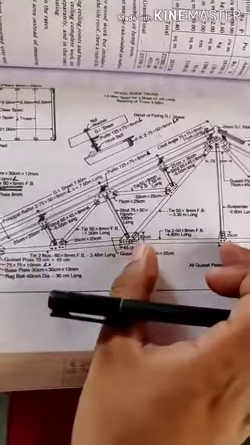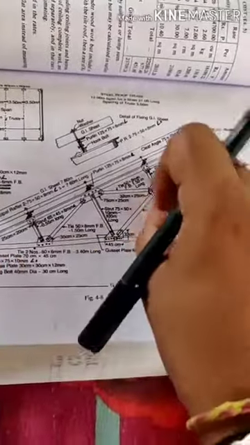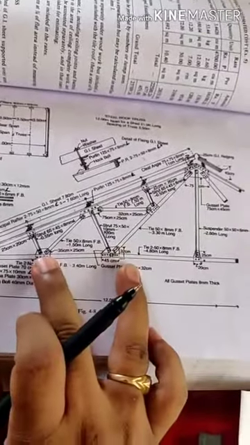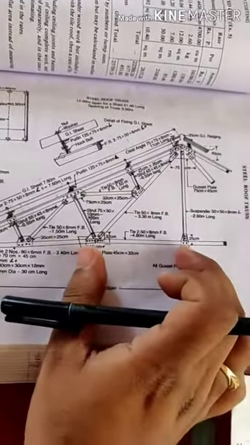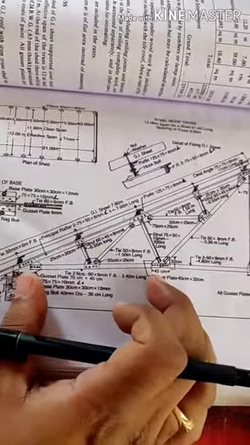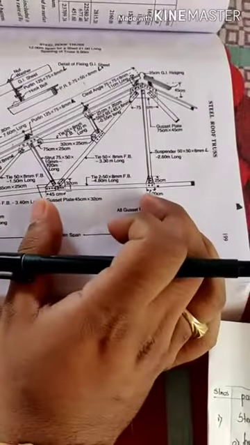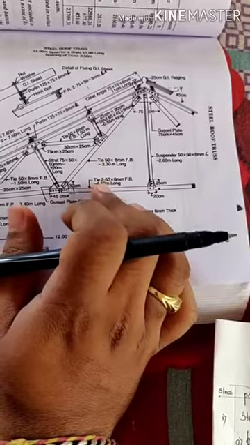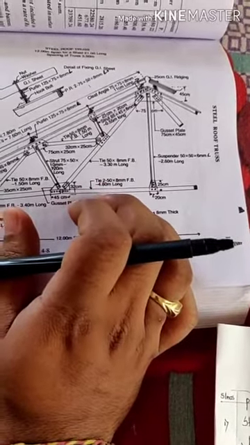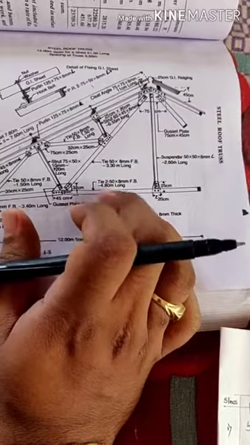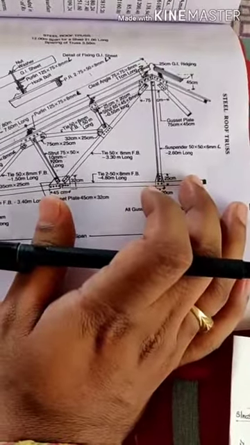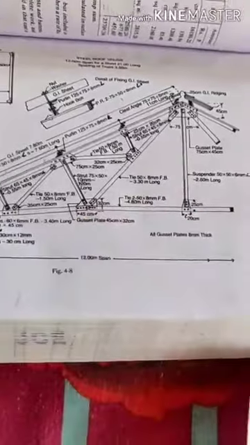We will start with the main ties, then followed by the internal parts. Now main tie is again divided into 2 parts. What is that? Main tie central part, main tie side part. Now main tie central part is how much? Tie 2 numbers, means there are 2 plates. So in total how many? 2 here, 2 on this side. So total 4 plates. Right.